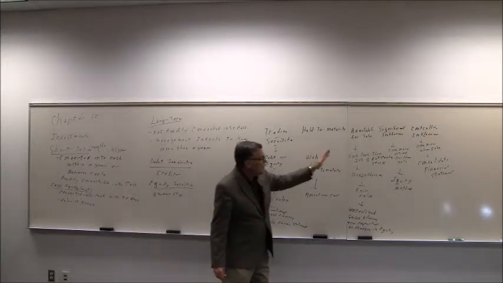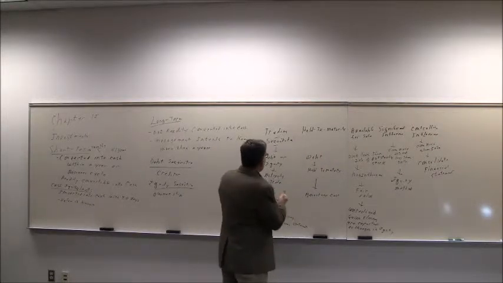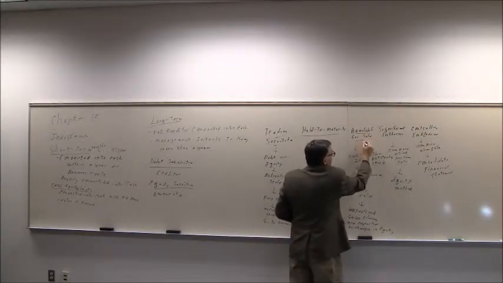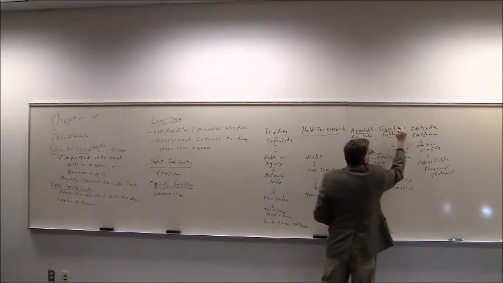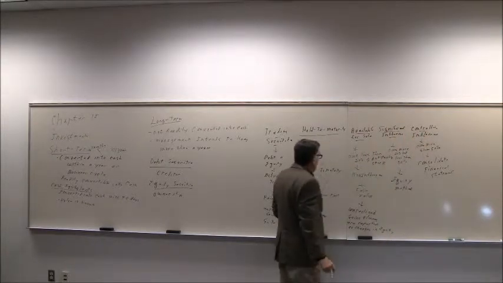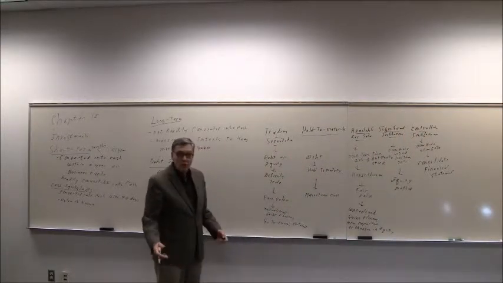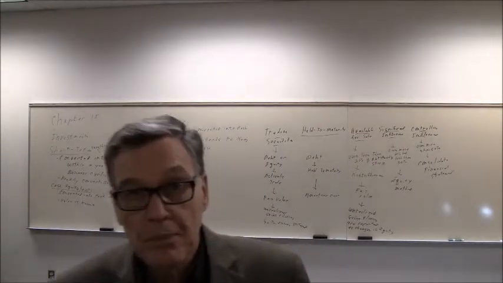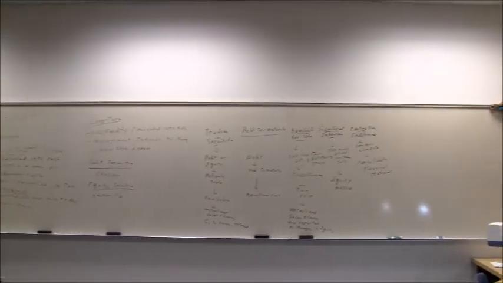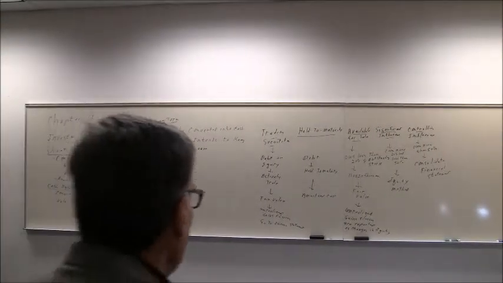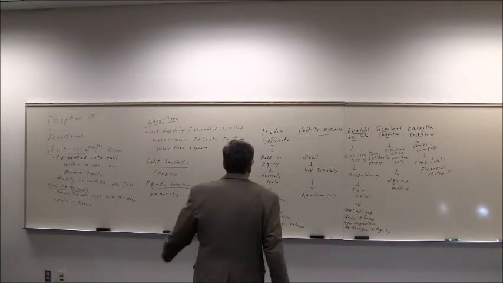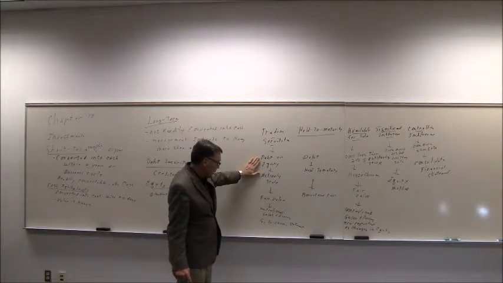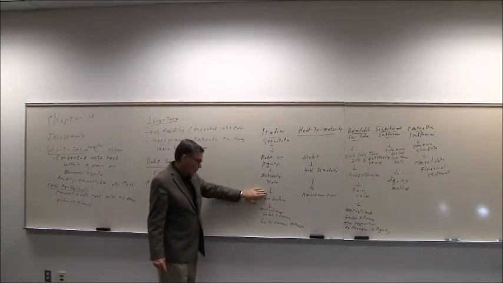Now, this scheme of things will help you really understand it. We have trading securities, held-to-maturity securities, available-for-sale securities, significant influence, and controlling influence. Now, each of these categories determines how you do the accounting. So, what we have here then are, if management decides to label it a trading security, it can either be debt or equity. It's adjusted to fair market value.